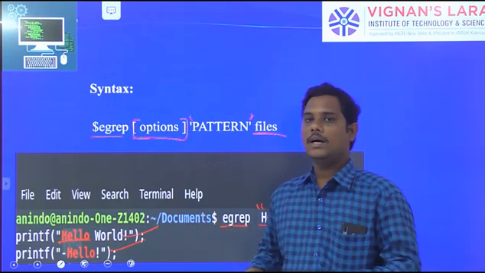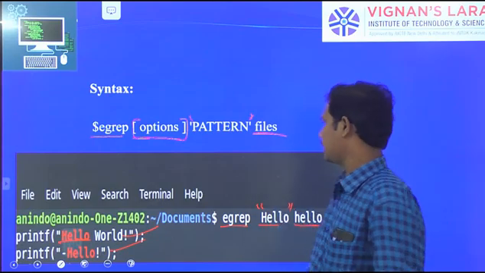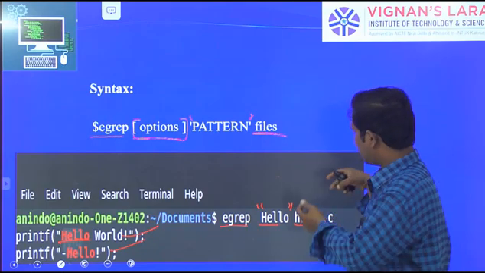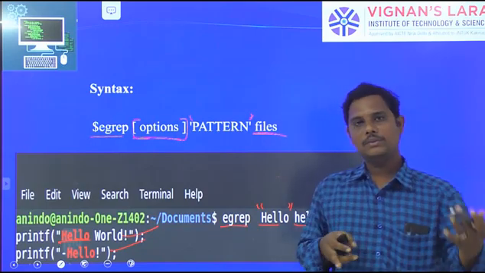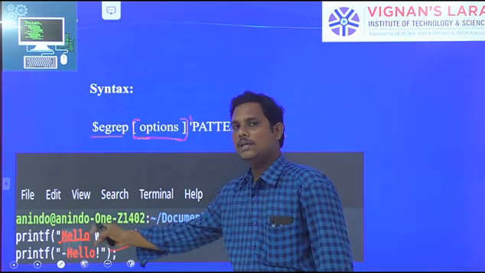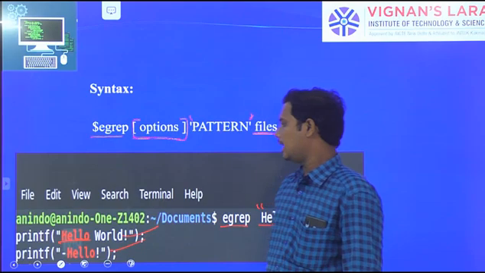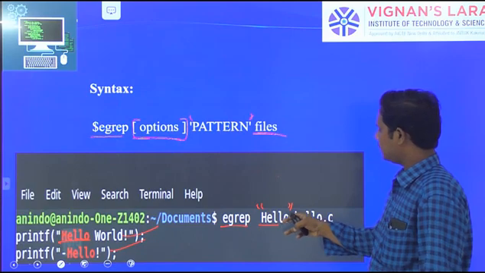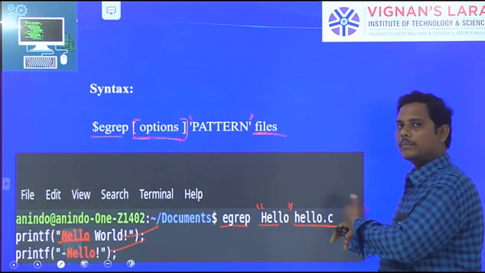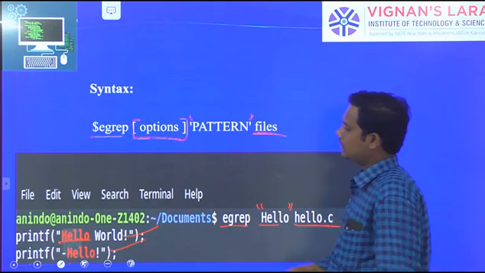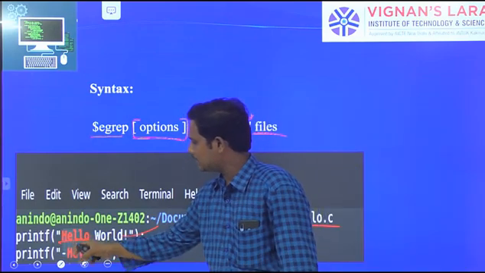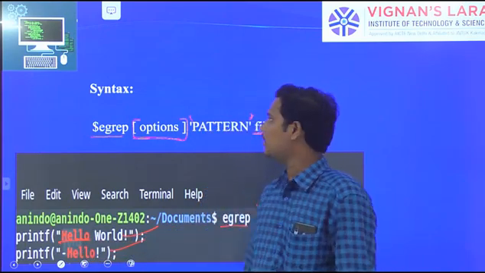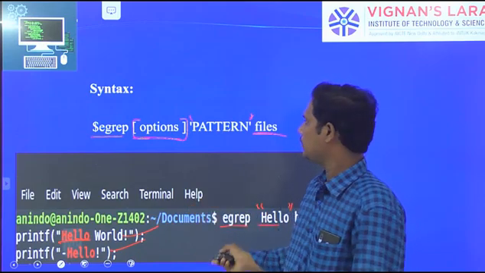Actually this is a program. Previously we were not giving programs, just text files. So with extended grep, that is the advantage. Even internally, each file we want to search, it displays the searching pattern output. So here, egrep hello is my pattern, and hello.c, actually a C program, is the input. The hello.c file contains hello in 2 places, so only those lines are displayed on the screen. This is called the egrep output.